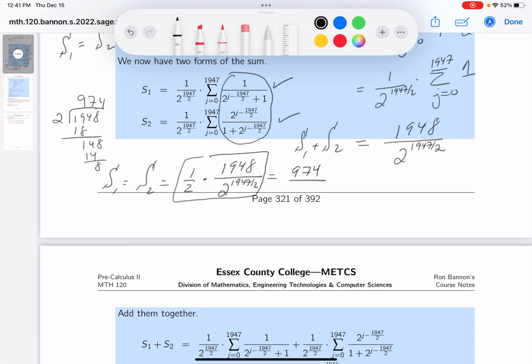And I'm going to borrow a 2 from that power of 1947 over 2. So I'm going to get 2 times 2, and that would be what? 1945 over 2. You know what? I really have to make it a little bit neater. Because a lot of times when I write things down, I can't even read my own writing sometimes. That's why I type things up for you. So it's 1945